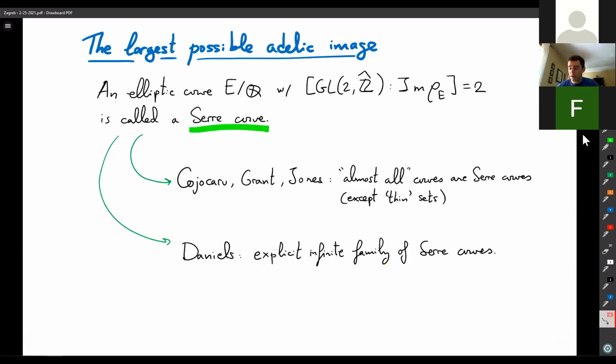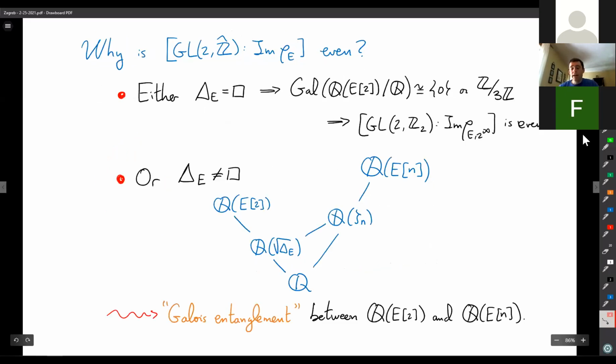So he has a very nice paper with a very explicit family of Serre curves. Right, so those exist. And then, why is the index always even? The reason is the following: if you have an elliptic curve over Q, you look at the discriminant,